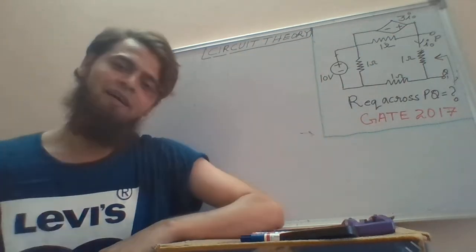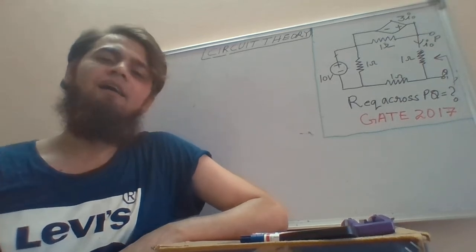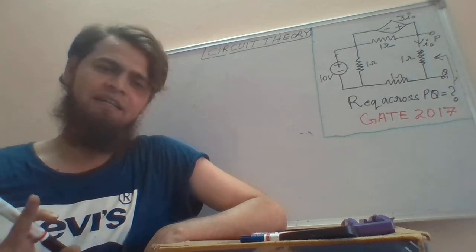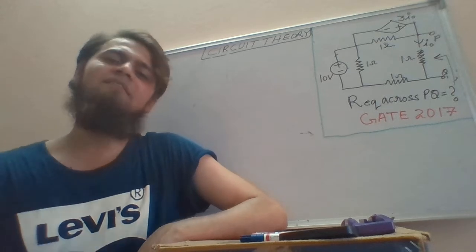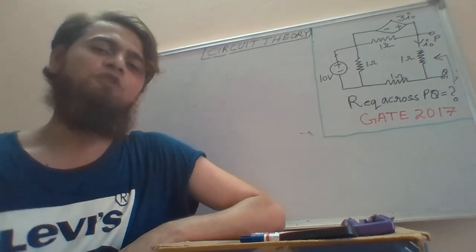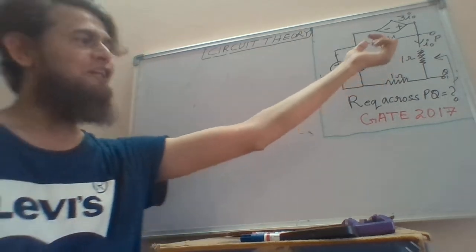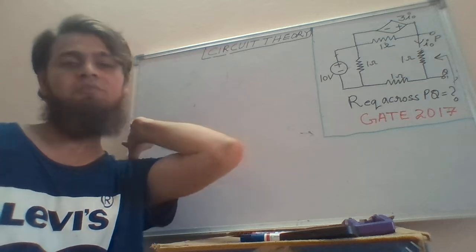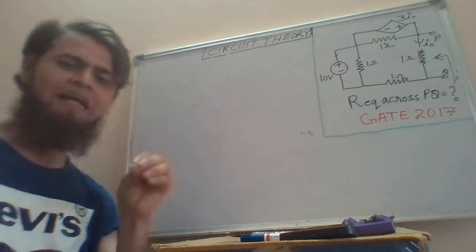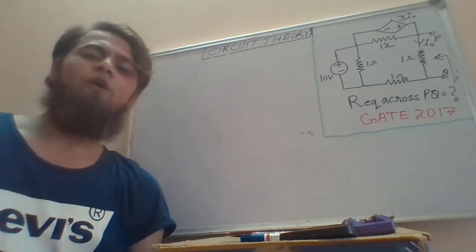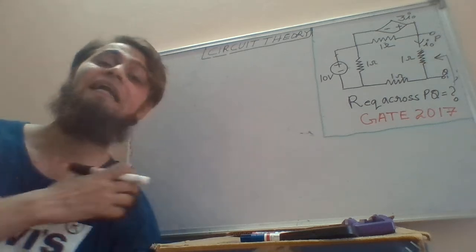But if you remember, while doing this, we have to kill the non-linearity present in the circuit. Now, when I say non-linearity, what I mean is independent sources. So you have to kill the independent sources, and you should not touch the dependent source, because dependent sources are linear. But the big question is, why should I kill non-linearity? Why should I kill independent sources?